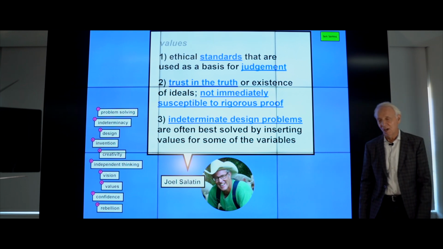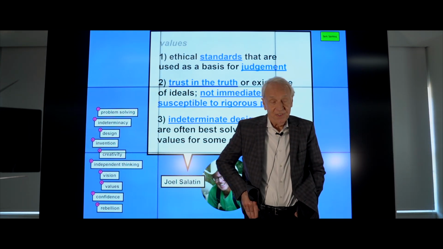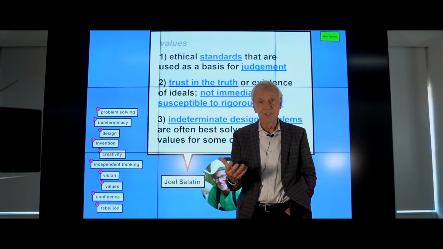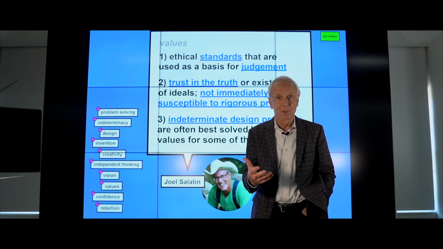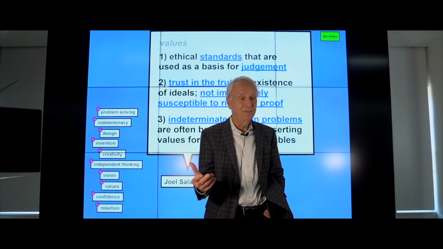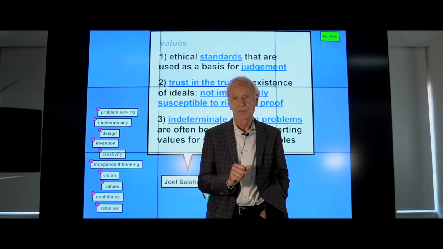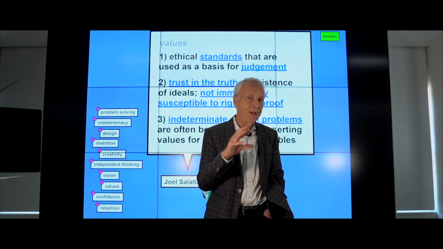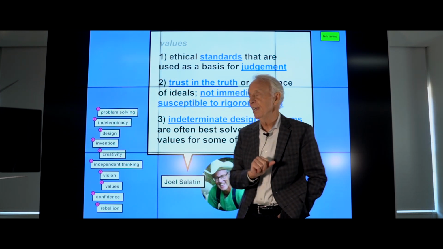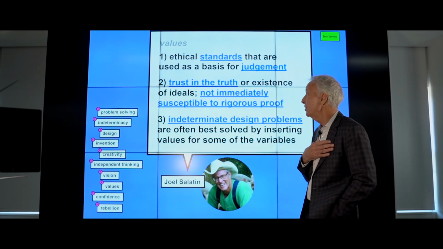Okay, so the last three of these are really, really critical ones, I think. One of the things is that when you hit an indeterminate problem, one way to solve it is to bring values to that problem. So if 2x plus 3y plus z equals 35, and you plug in some values for x and y, you begin to get a solution for z. Often bringing values to a problem helps you find a creative solution. But then you have to know what your values are and what it is you're bringing to the problem.